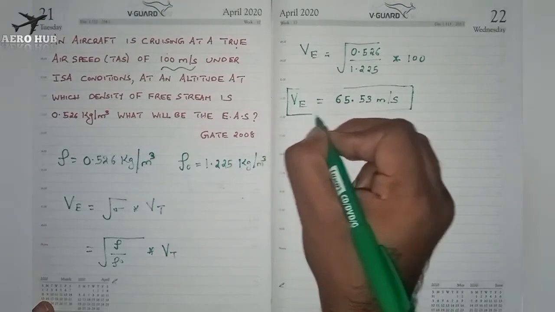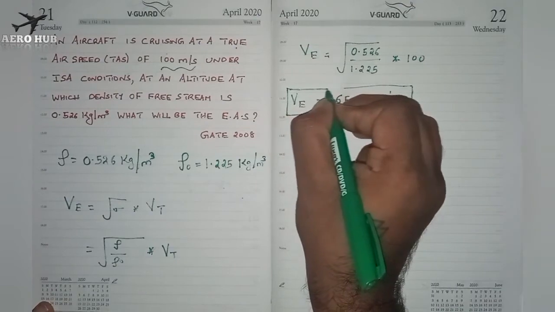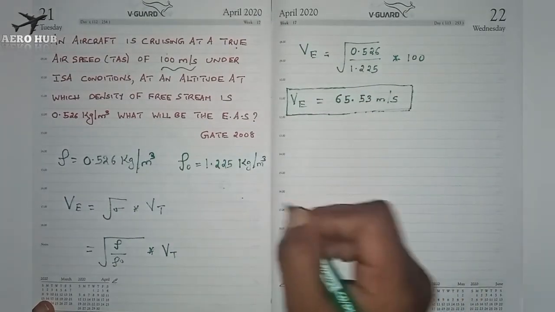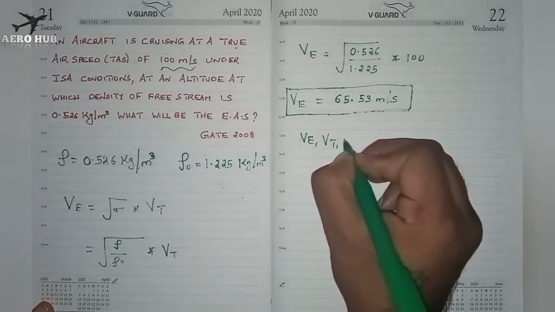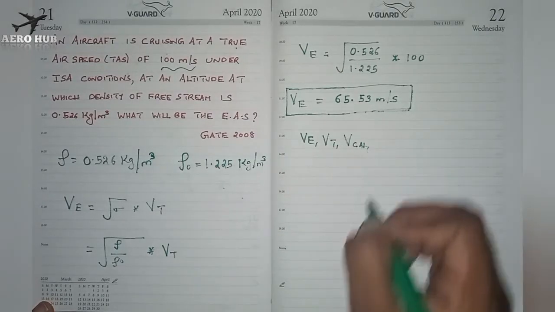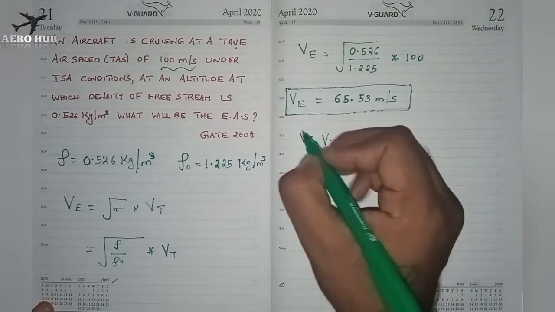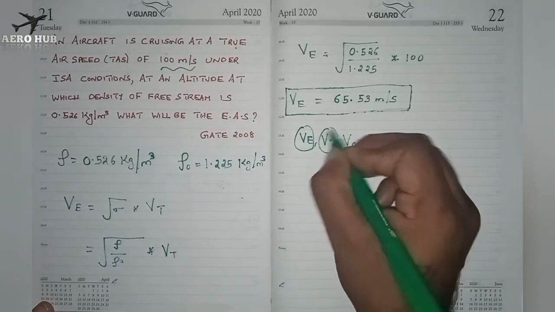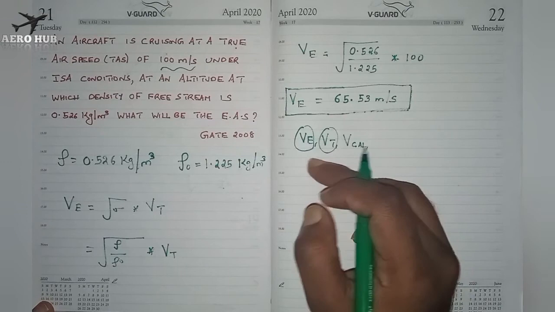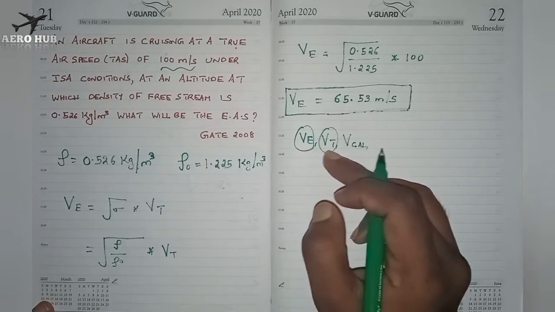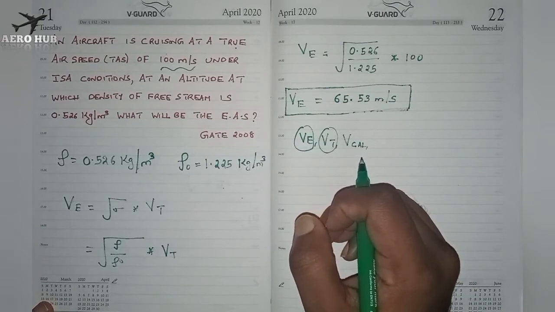This is about one of the important topics in flight mechanics, that is airspeed measurement. I have an exclusive video lecture on how to measure the airspeed and the different types of airspeed. We have equivalent airspeed, true airspeed, and calibrated airspeed. One of the important airspeeds is the equivalent airspeed as well as true airspeed. You should always be aware of how to find the value of equivalent airspeed and true airspeed from a given set of altitude as well as density ratios.